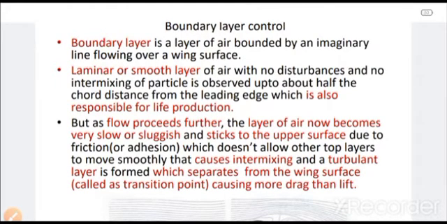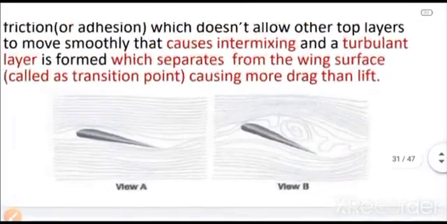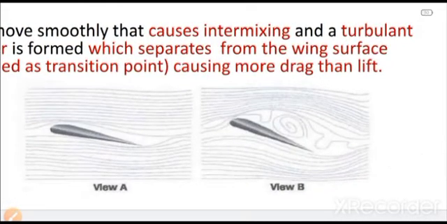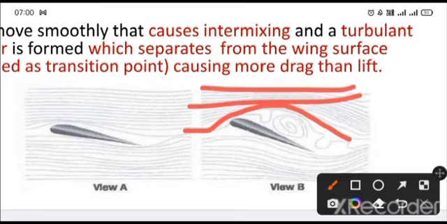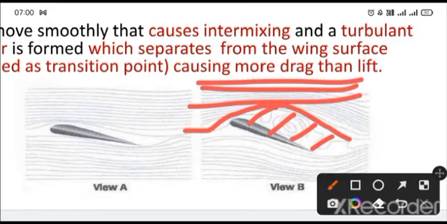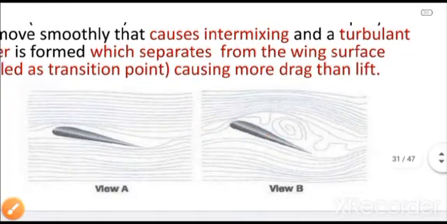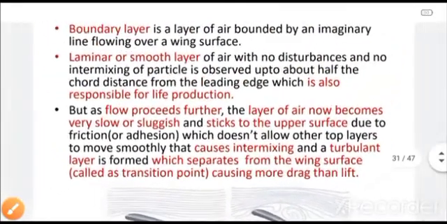And this layer that gets created above the wing is known as the boundary layer. That is why it is called a boundary layer, because you can see there is an imaginary boundary, okay, above which all the flow is laminar, but within this boundary the flow is disturbed, having more drag and less lift. So this particular flow needs to be made smooth